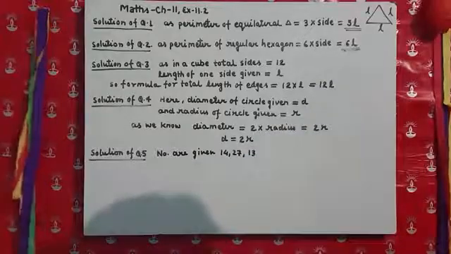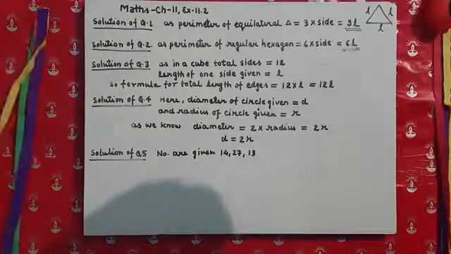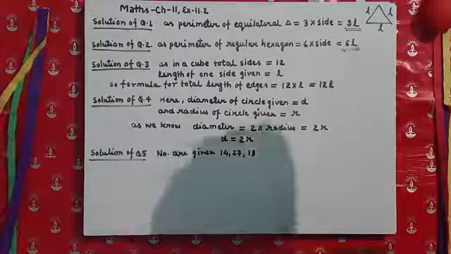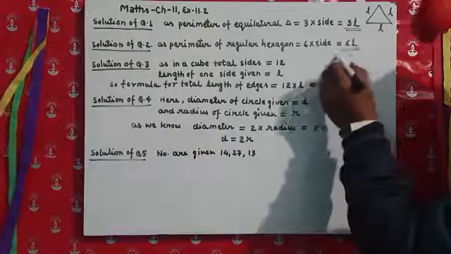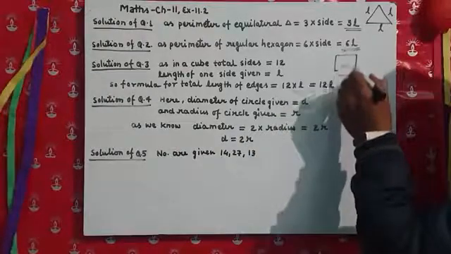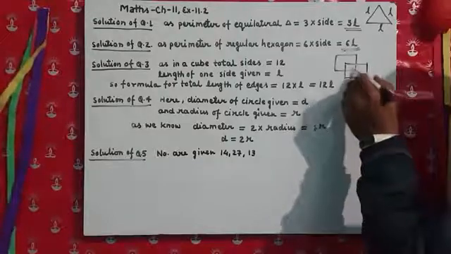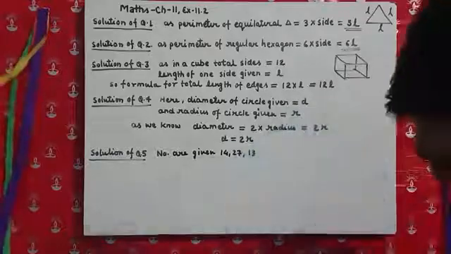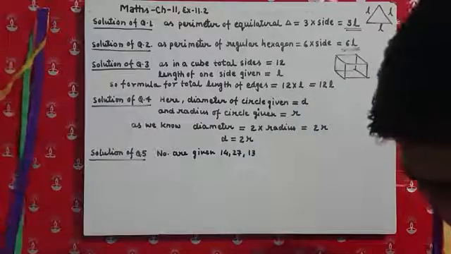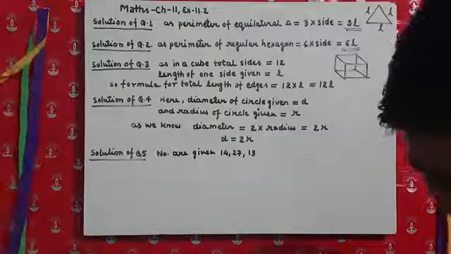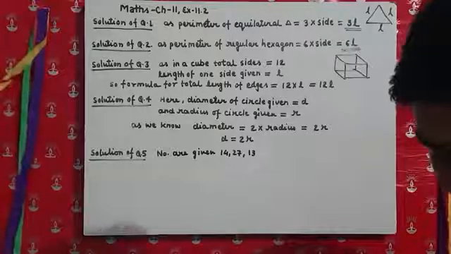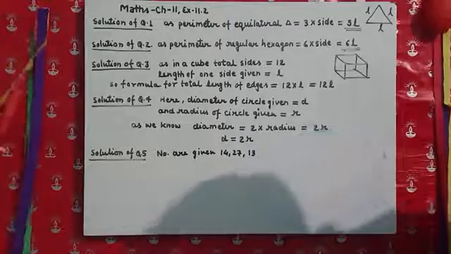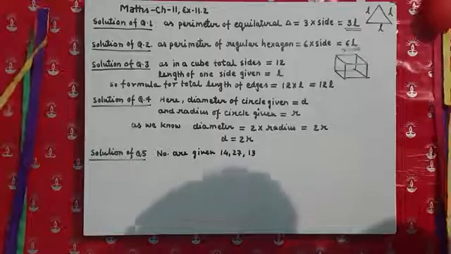Now going to question number 3. I am reading question number 3. The question says a cube is a three-dimensional figure as shown in the figure. In the figure one cube is represented. I am going to draw the cube. This is the cube, and as shown on the board, it has 6 faces and all of them are identical squares. The length of an edge of the cube is given by L. Find the formula for the total length of the edges of a cube.